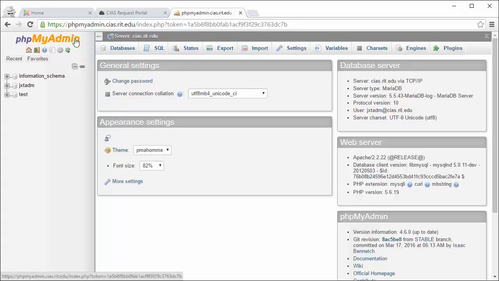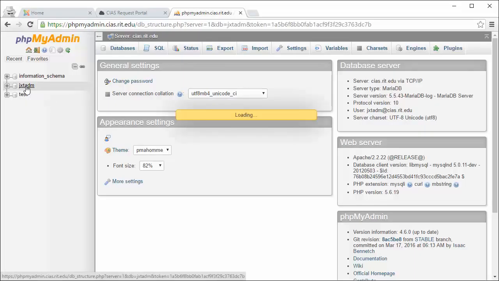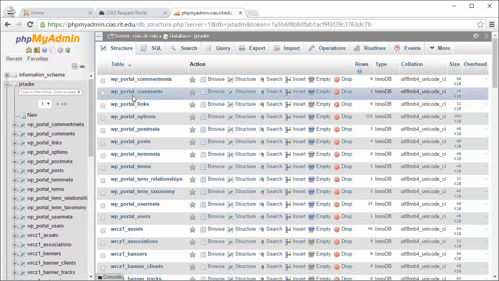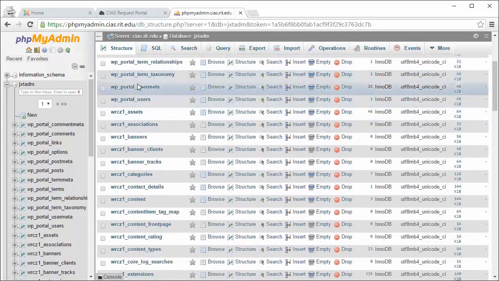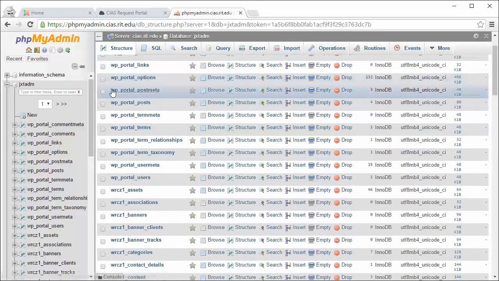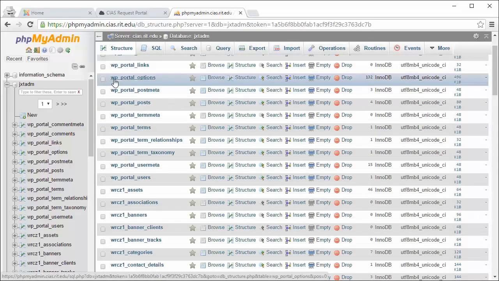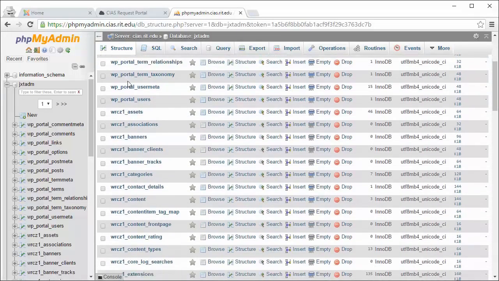So most of this we don't really need, and it's out of the scope of this class, but I just wanted to show you. If you go over here and click JXTADM, this is the name of our database that we used. And you'll notice I have a whole list of items in here. These are actually tables in the database. You'll see these ones that start with WP_. These are actually the WordPress tables.